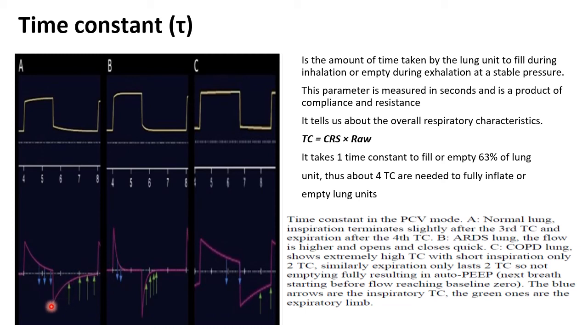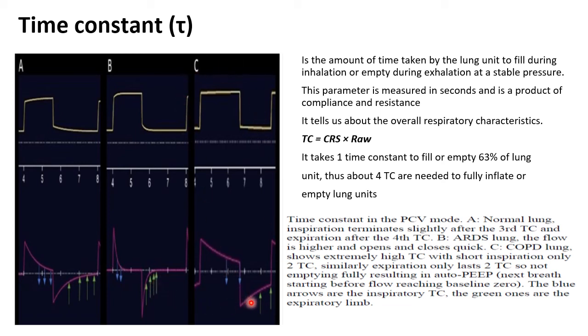Exhalation, again, you can see peak expiratory flow. This is down here, decayed 63%, another 63%. So in this example, 4 time constants to reach down the baseline. The patient in the middle here is with restrictive lung disease, and of course you can notice how the inspiratory flow is very high and goes down very fast because of the very low time constant. Same with exhalation. The lung closed very fast because of the restrictive nature and the short time constant,